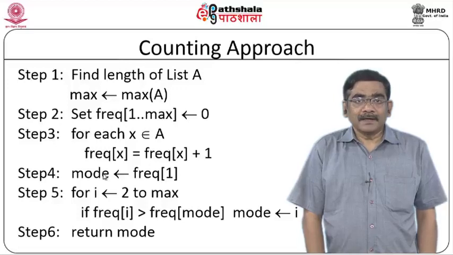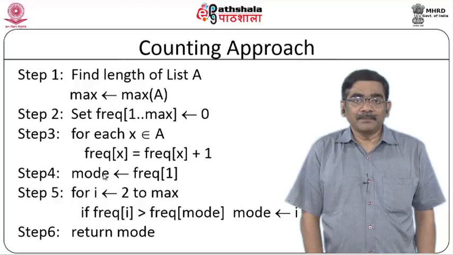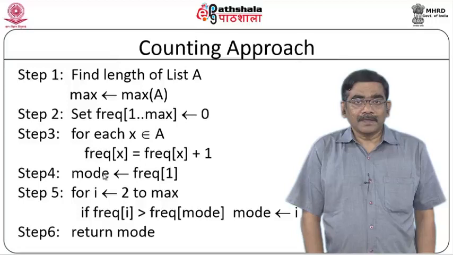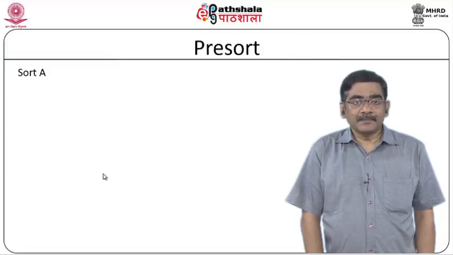As in the earlier problem, the computational gain is not going to be very much, but the advantage is we do not have to search for the number in the entire list, but instead we have to search only in the adjacent positions. So, this is the algorithm for mode finding.